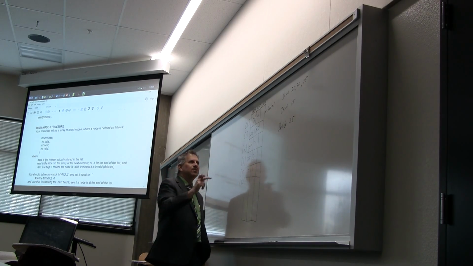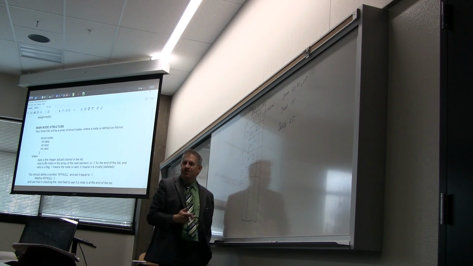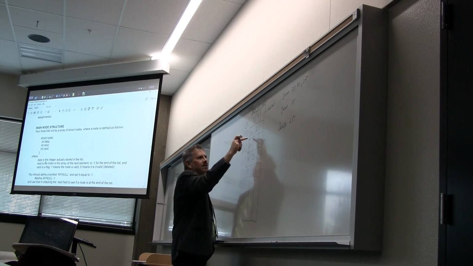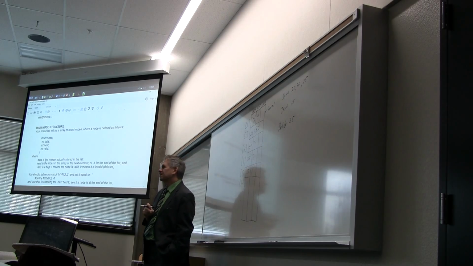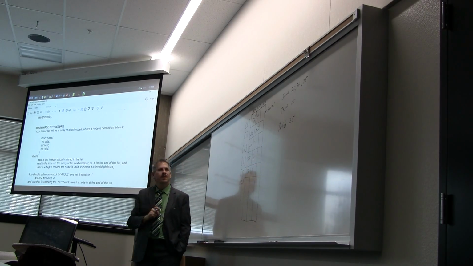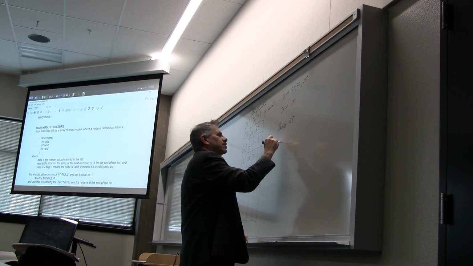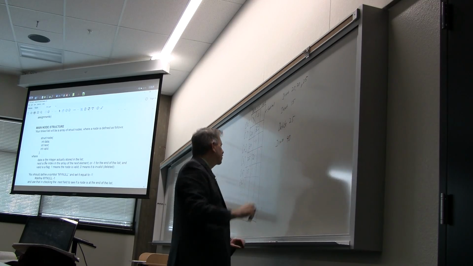So by changing this one next value to point to the 30, we remove 25 from our list. Our list now begins with 15, followed by 20, followed by 30, and that's the end of the list. The problem is, if we want to insert some new number, let's just insert a 40,